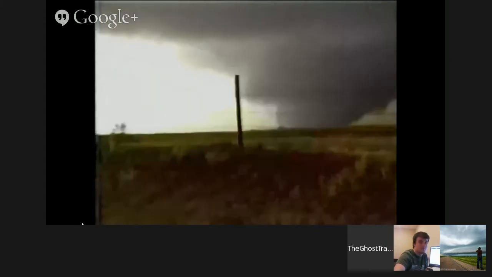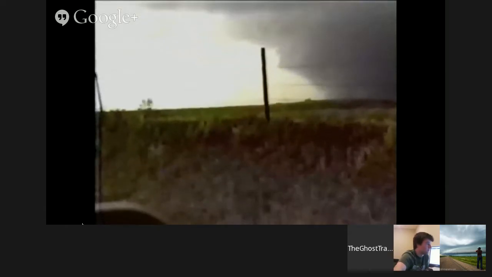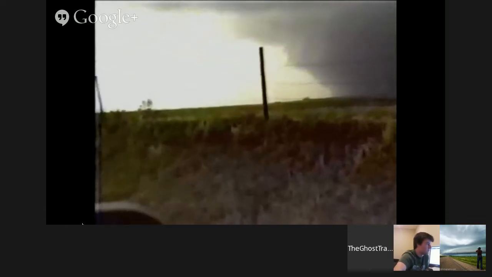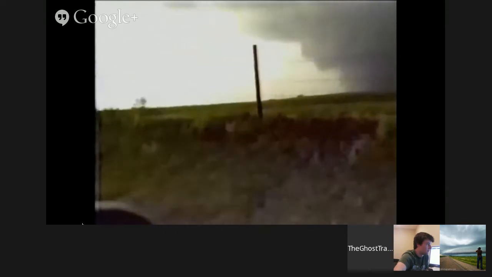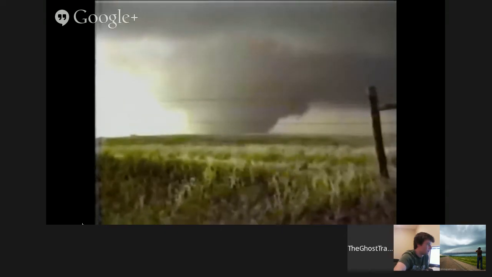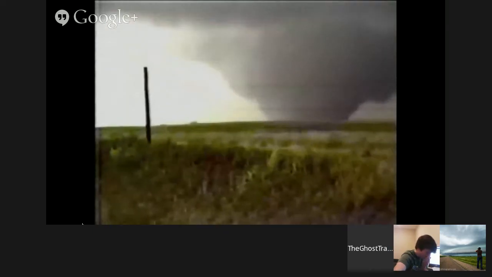So that means that forward flank has to be off to the right just a little bit. So yeah, this is a very well ventilated storm, and I would imagine that if you were chasing this storm, you would really want to punch it, hook slice it from the west, because you can see there's a lot of clean air off to the west. So that probably means that